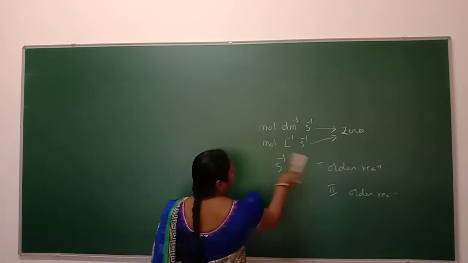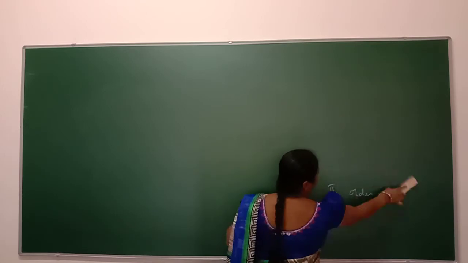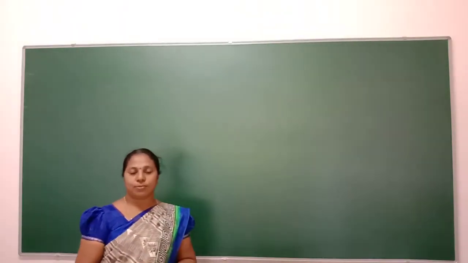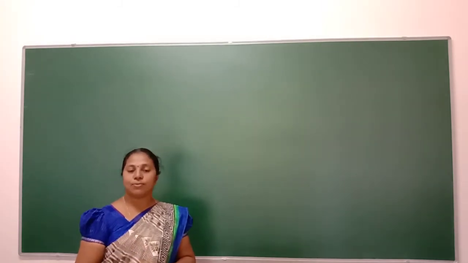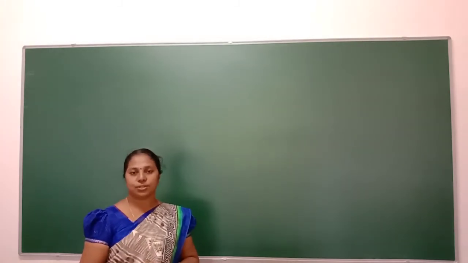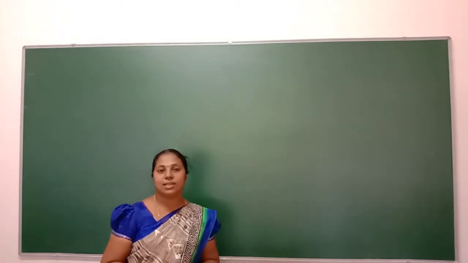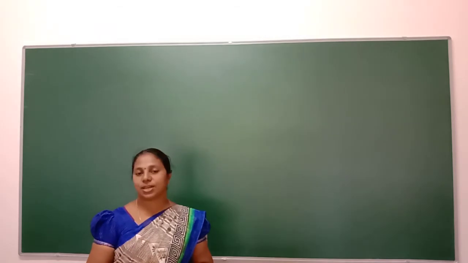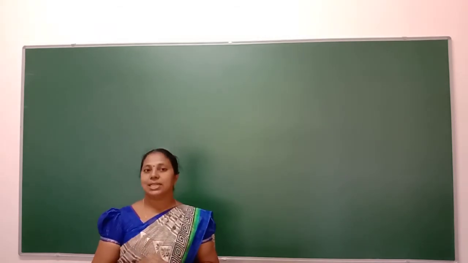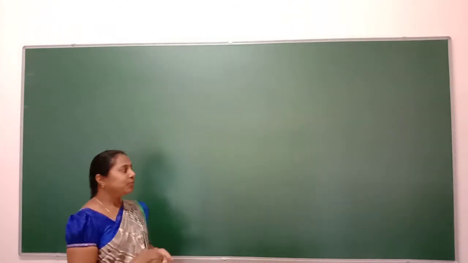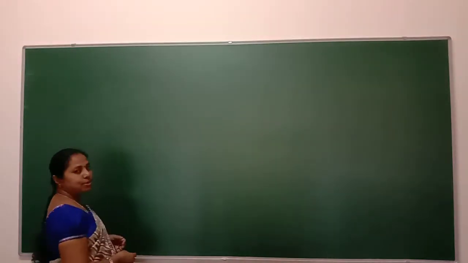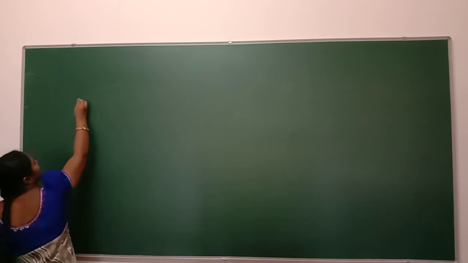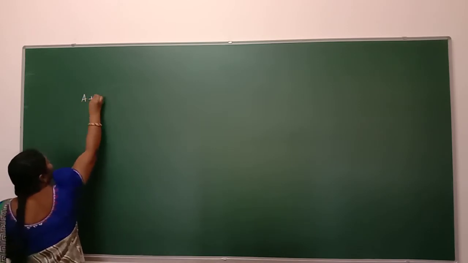Now we will study the derivation of the integral form of rate expression for a chemical reaction. In the second PU we have studied the integral form of rate expression for a zero order reaction, and also for a first order reaction. Now in this degree we are going to study the integral form of rate expression for a second order reaction. So for that we will consider one of the second order reactions.